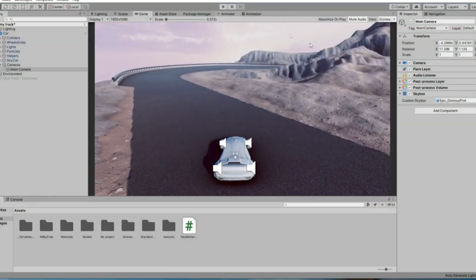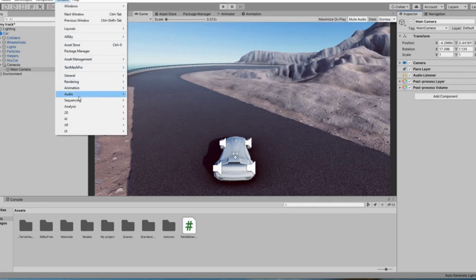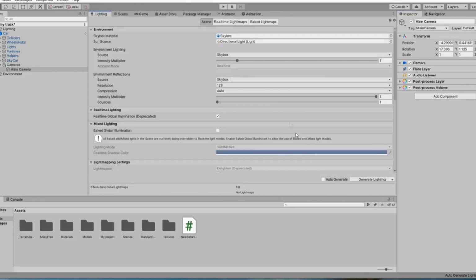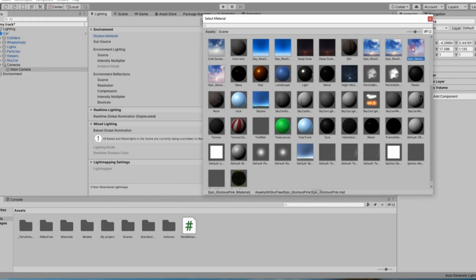The other option is, I will remove it from here, and the other option is you can go to the lighting. To open the lighting, go to window, and from rendering you can click lighting settings and this window will open. So here it is saying skybox material, and you can click here and also select your skybox here.